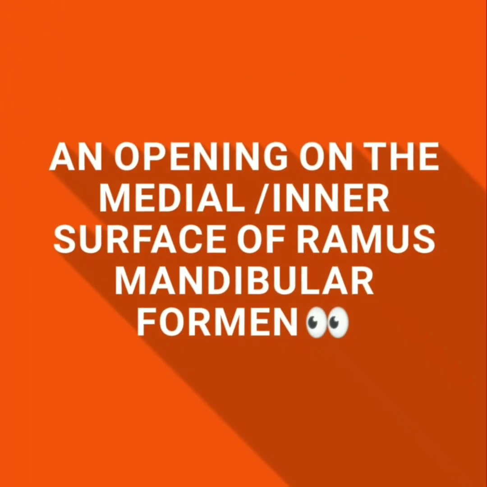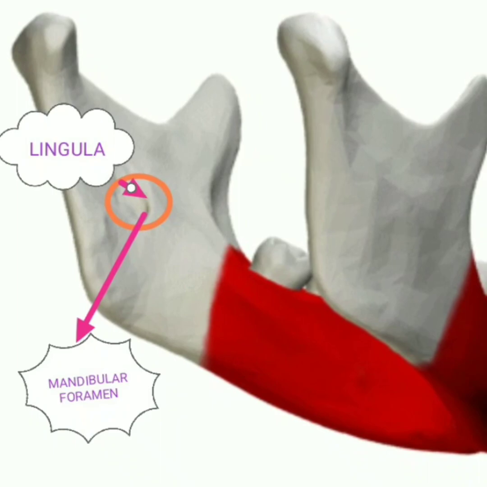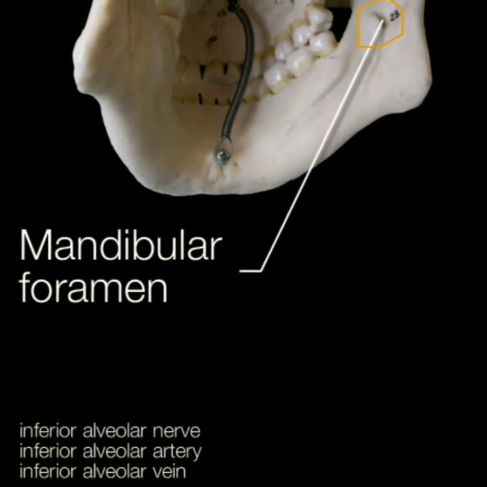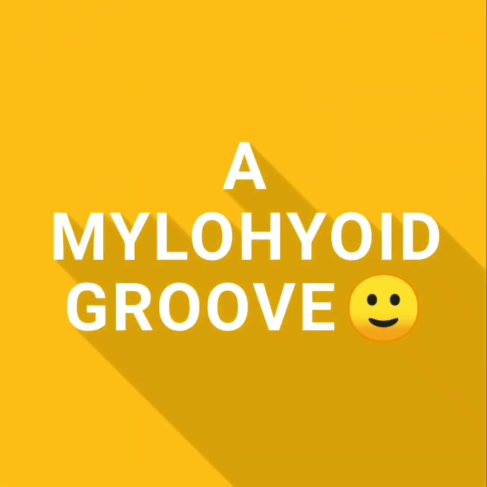An important opening is seen on the medial surface of the ramus, that is mandibular foramen, transmitting inferior alveolar nerves and vessels. Inferior alveolar nerve carries sensation from the lower teeth by giving dental branches and further continues as the mental nerve supplying the canine to canine region. Largest dental branch given by the mandibular nerve, hence considered the dentist nerve. Location is important for giving inferior alveolar nerve block.